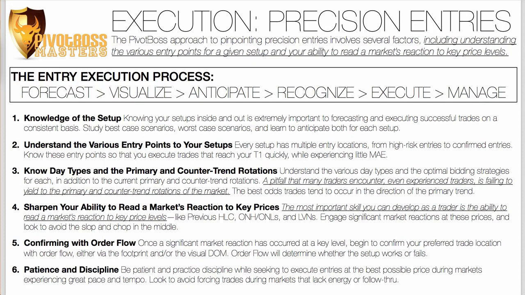Obviously, recognize is very, very important because this is where prior practice sets in. You already know what your rejection signatures are. You know the types of rejections that the market can usually go through, right? It's double tops, it's failed higher highs, failed new lows, box reversals, those types of things, absorption signatures. All of these are different types of rejections that we need to be able to recognize all the time, because